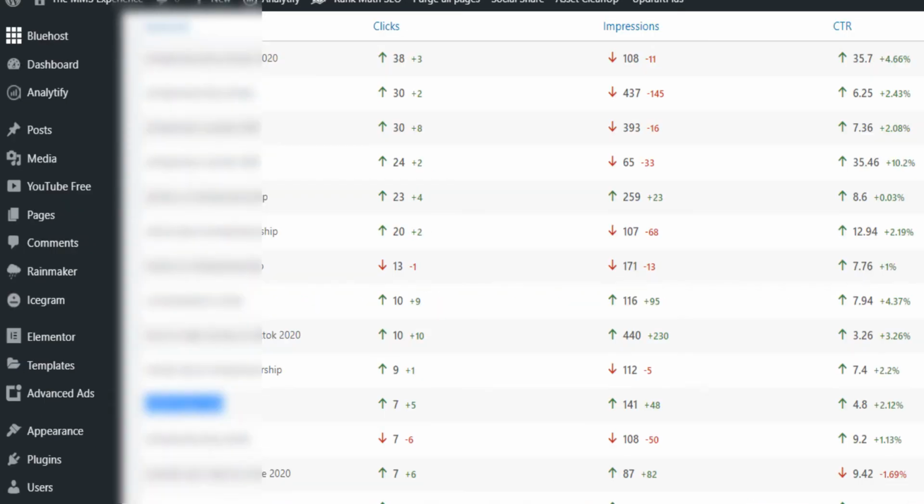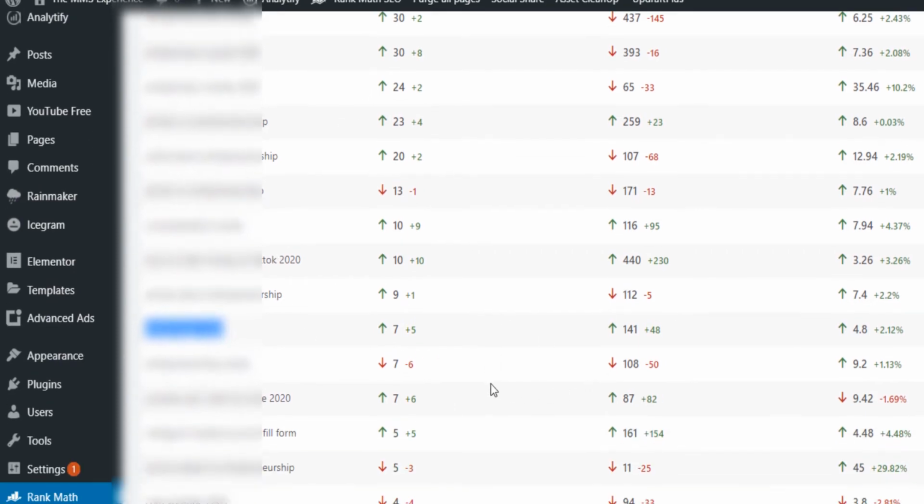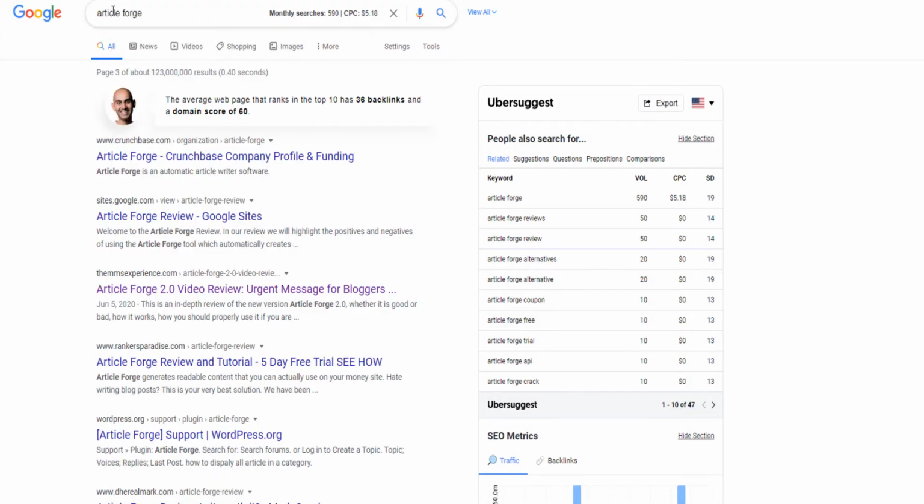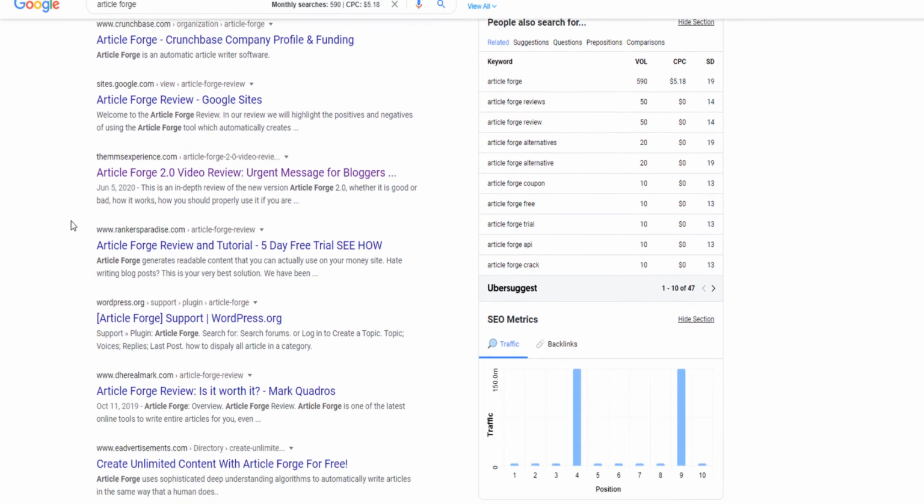You go back on your search console. You look at the keywords for which you ranked and for which you're getting impressions and clicks. And then you will see that here at the position level, there will be a further increase in your position in Google. And now, another trick is that, pay attention. If I go back on Google and I search article Forge, what you realize is that